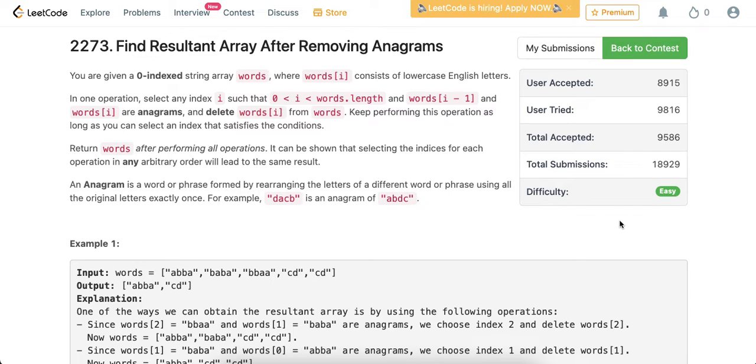Weekly contest. Problem number 2273, find resultant array after removing anagrams. So we are given an array words, where all of the words contain lowercase English letters. Like this is one of the members of words. In one operation, we can select any index i within the words